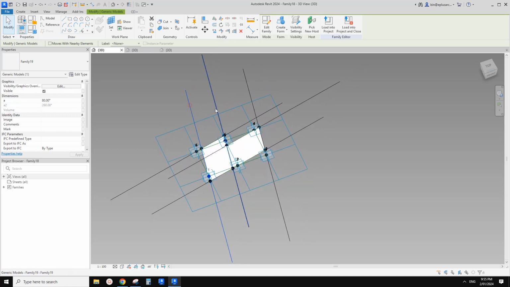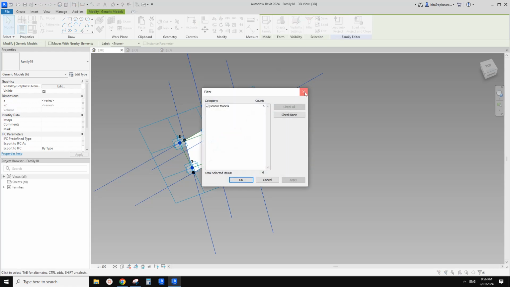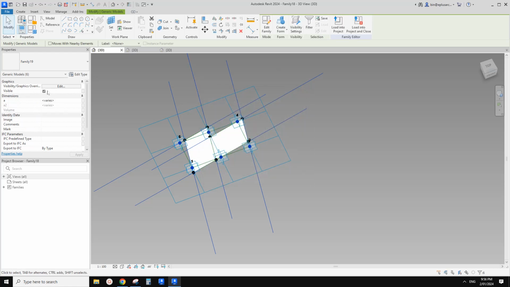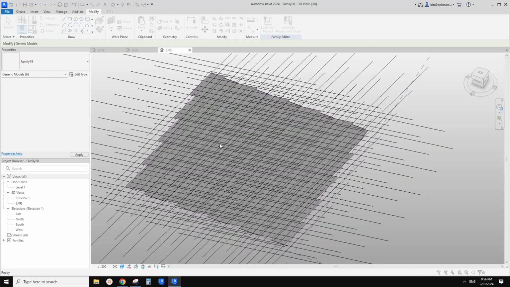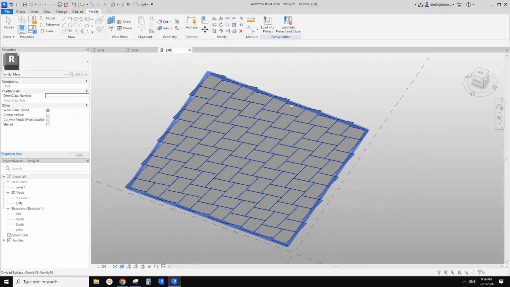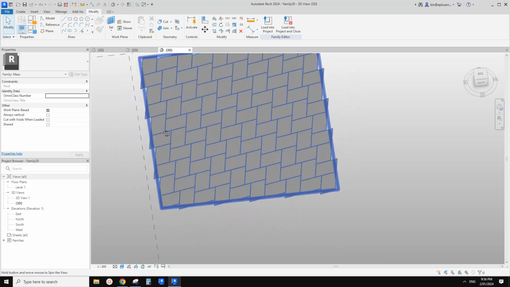Okay, so not like hide by graphic or right click. So do it this way. SA, select all. Okay, select all. So let's have a look. Should be 6, right? And then here, see this visible. Just uncheck that visible. Now load this one back to the conceptual mass, overwrite. So this will hide all those family, so with those lines. And this is roughly it, but